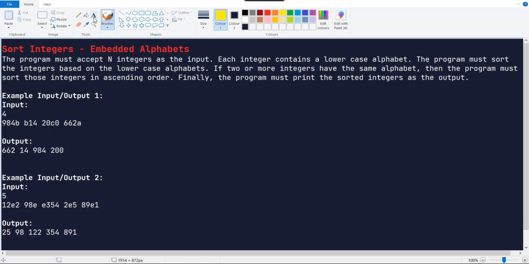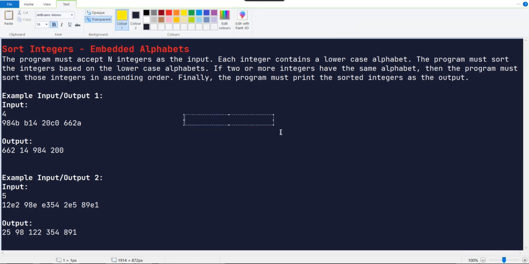But before solving it programmatically, I want you to know the basic logic. Here they have given a value like 984B, right? We know there is exactly one character in each value, but we don't know where it is.